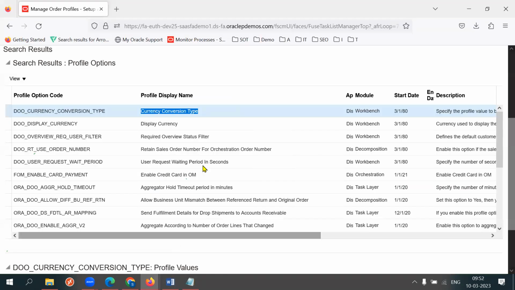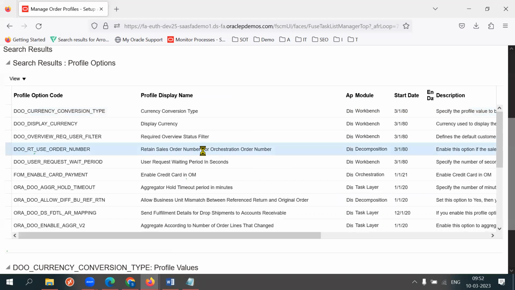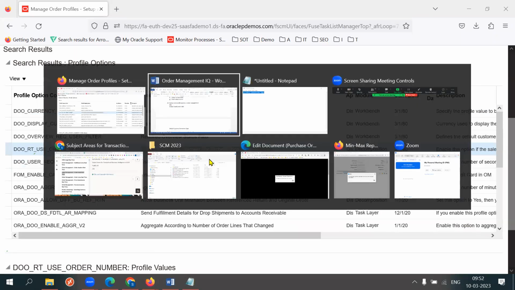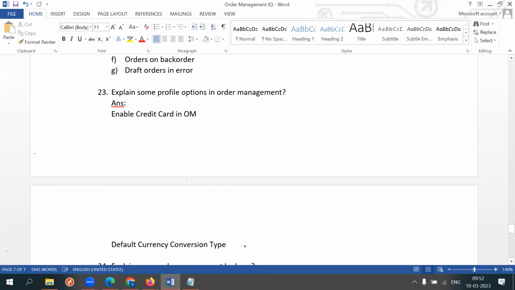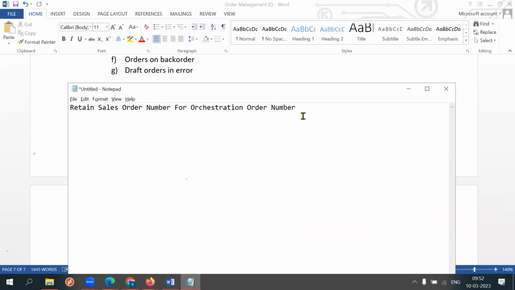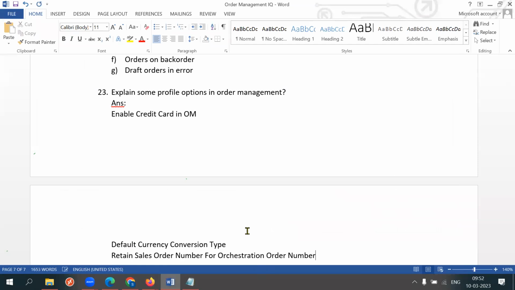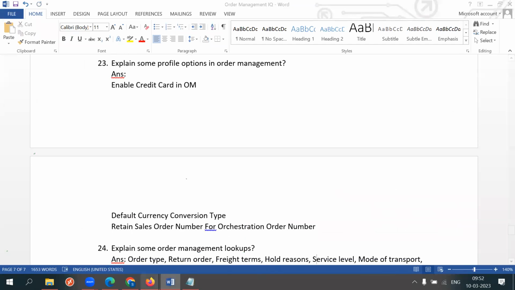And so you can use orchestration number, you can use as a sales order number. It's profile. Return sales order number for orchestration number. And